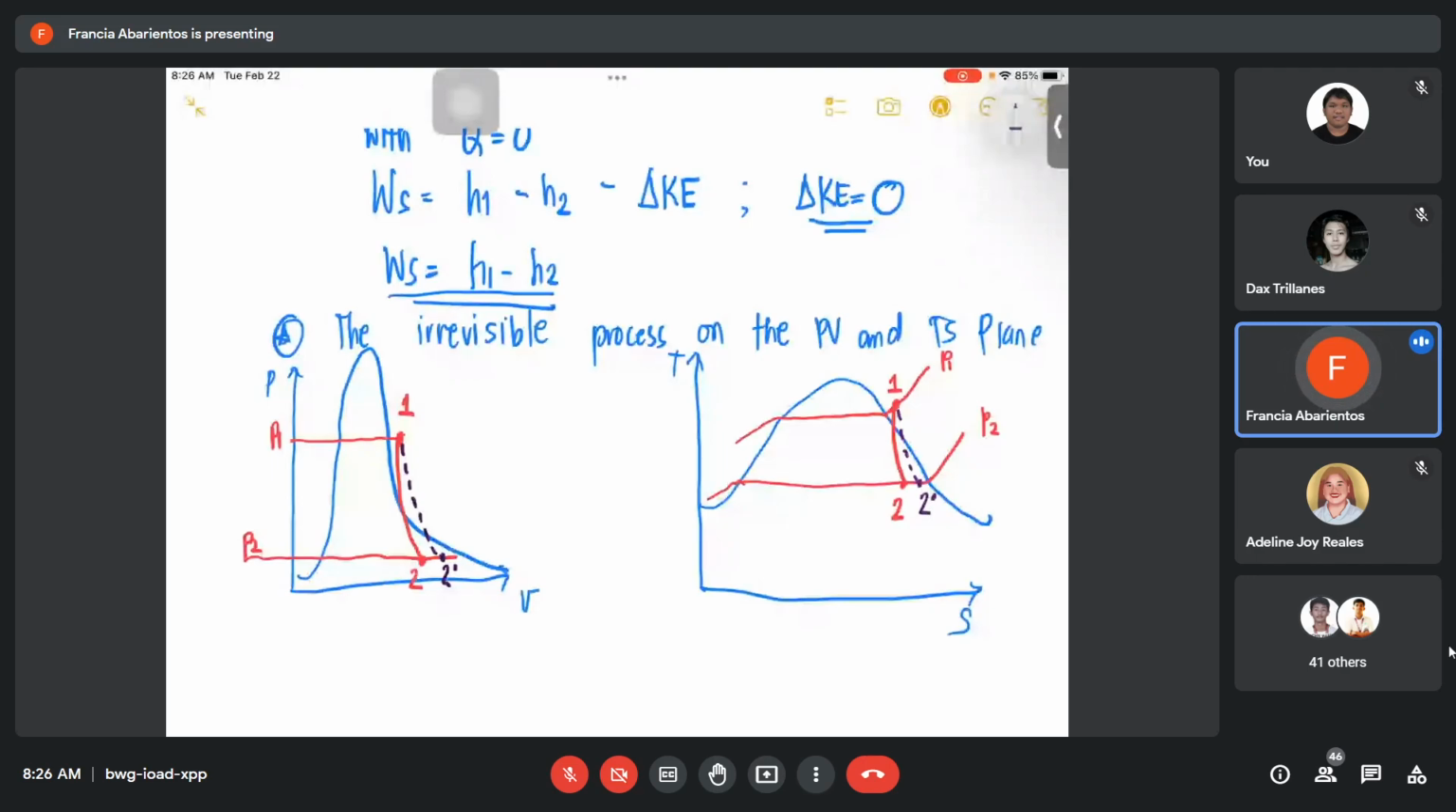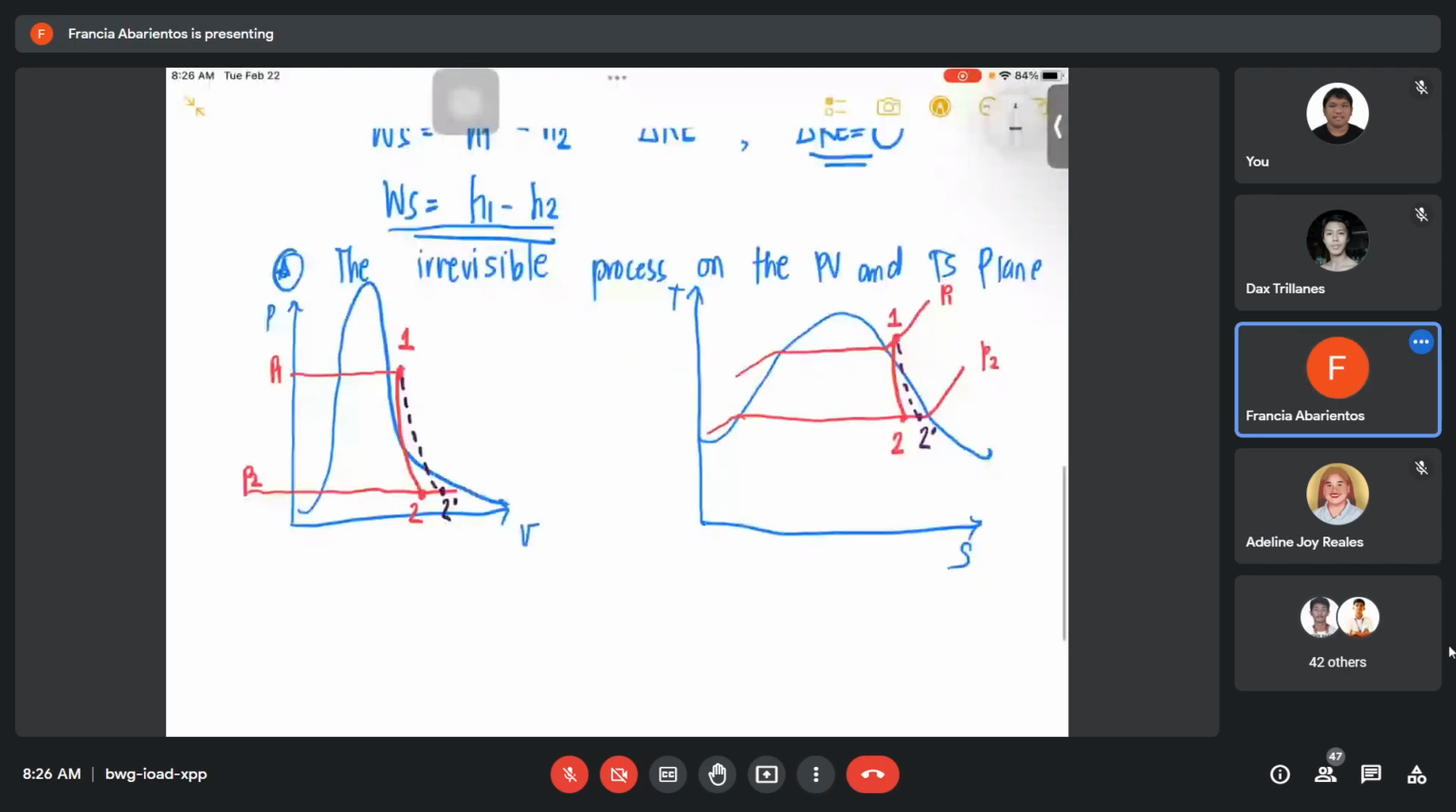Bakit kailangan natin yan class? Because during the computation of the actual Rankine cycle, the actual reheat cycle, actual reheat regenerative cycle. So, gagamitin natin itong mga 2 prime. Okay? So, yan. This is the irreversible. So, sulat natin. This is the irreversible